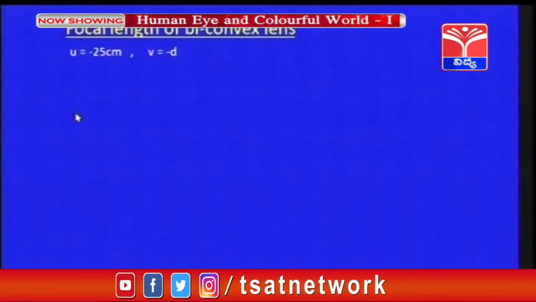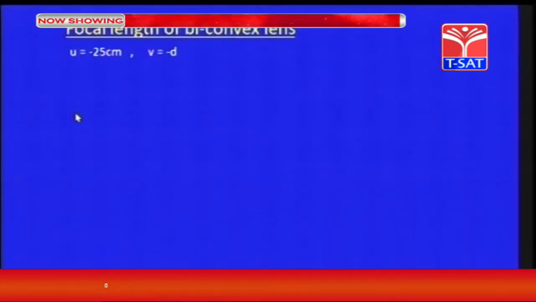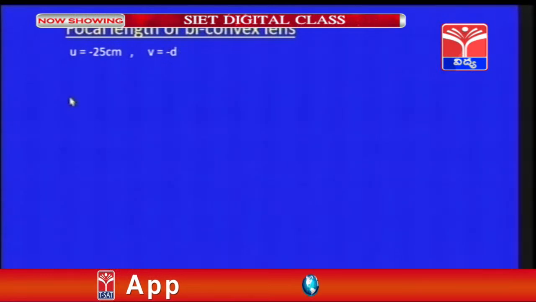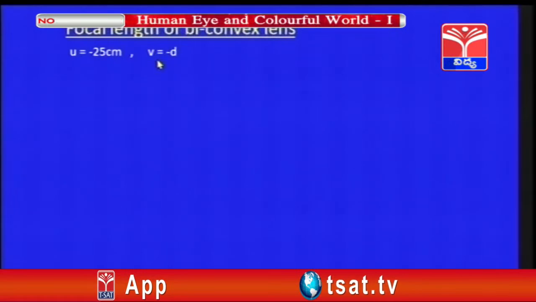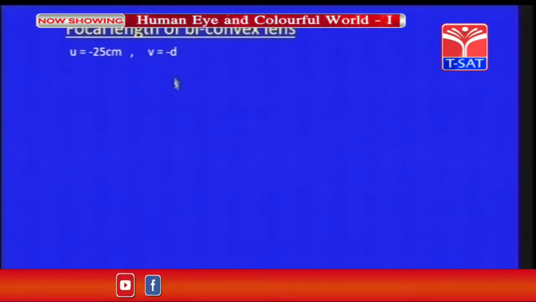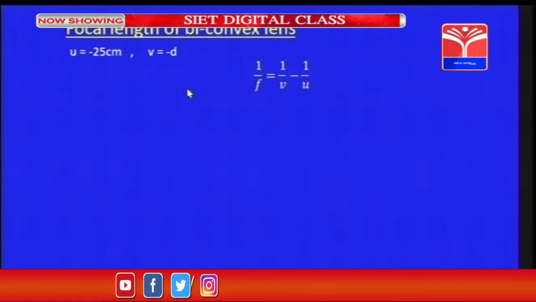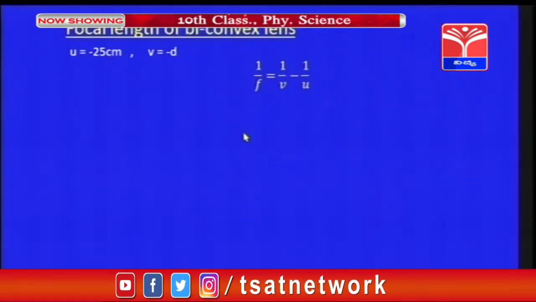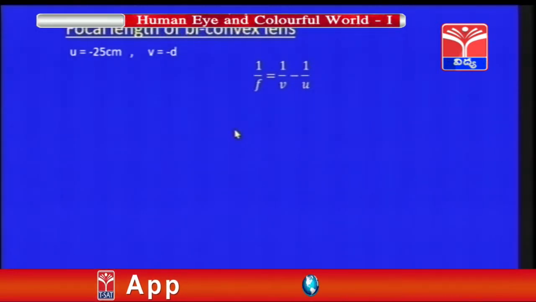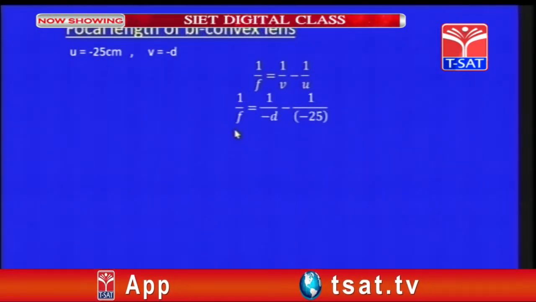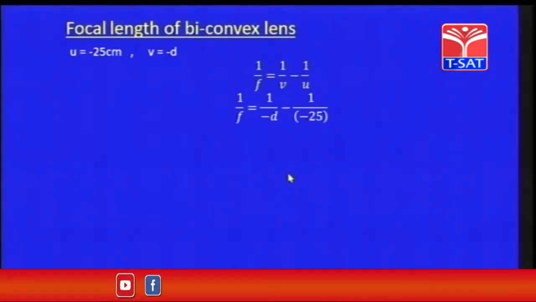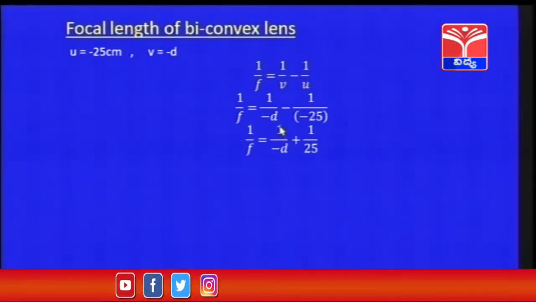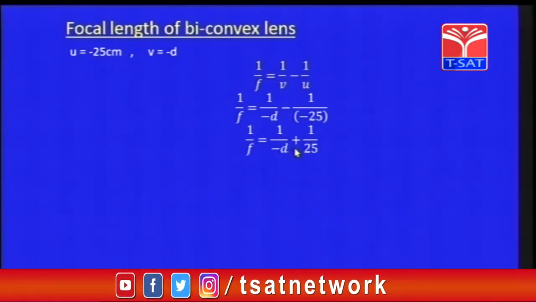The focal length of the biconvex lens. In this situation, the object is at the least distance, so the object distance is taken as minus 25 centimeters, and the image distance is minus d. D is nothing but the near point of the person. So this is the lens formula, 1 by f equal to 1 by v minus 1 by u. Substituting all the values in this equation, 1 by f equal to 1 by minus d minus 1 by minus 25. Now 1 by f equal to 1 by minus d, minus into minus becomes plus